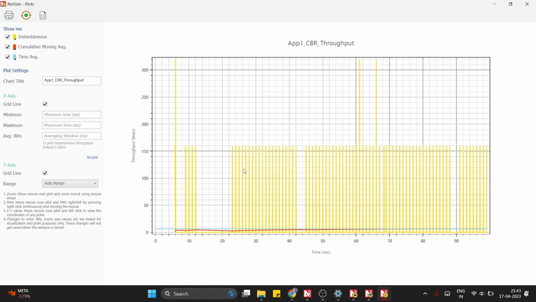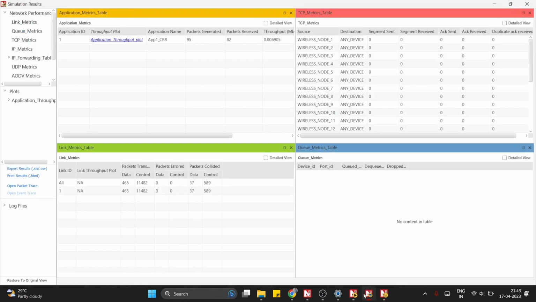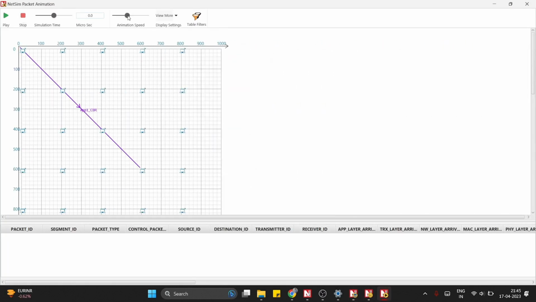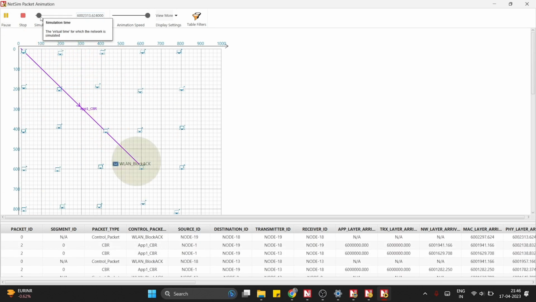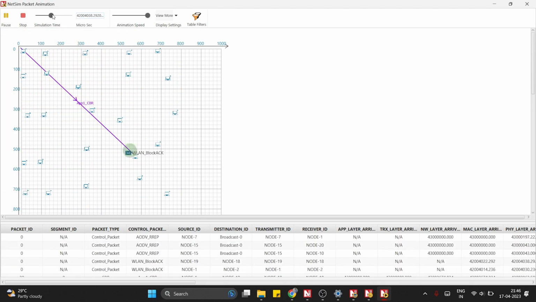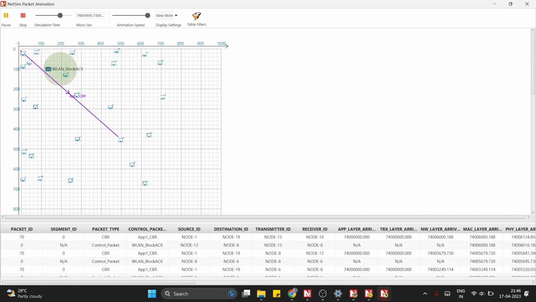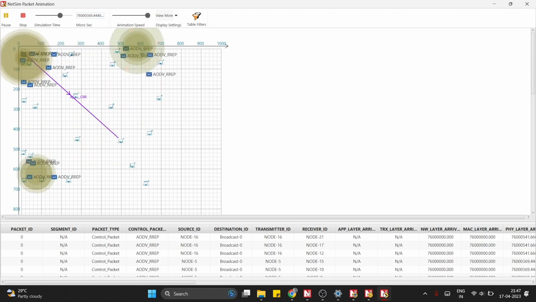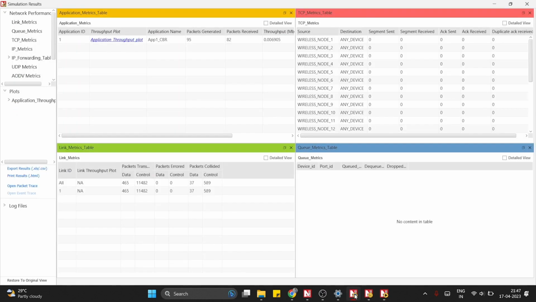So after the simulation is run, we get these graphs, which are the plot of the simulation results, and the animation file. In this GUI, we can see the packet transfer and the nodes' mobility. And in this GUI, this is the result column where the packets generated, packets received, all the simulation parameters and the QoS metrics can be measured, and the results will be given here. We will be recording all the results from here.